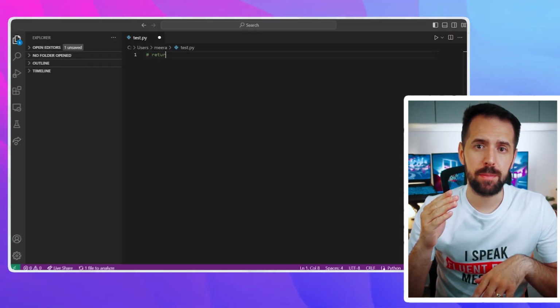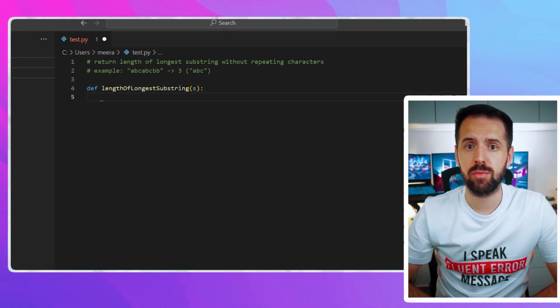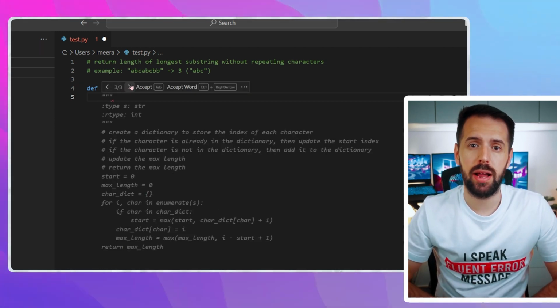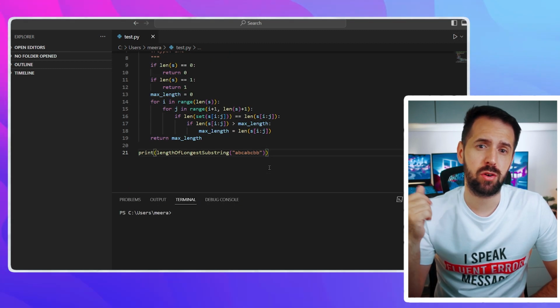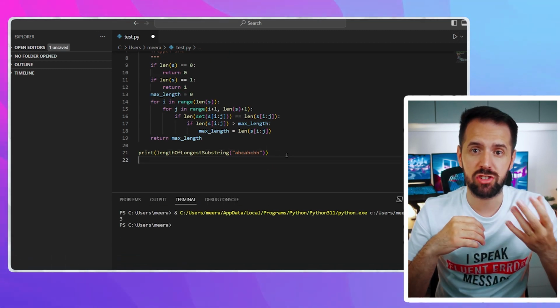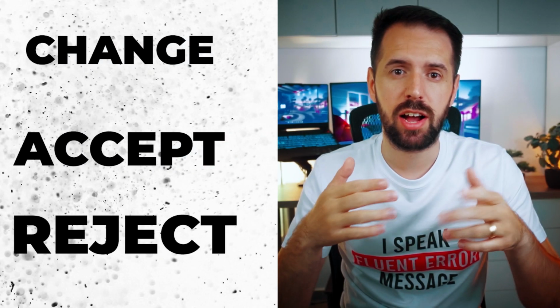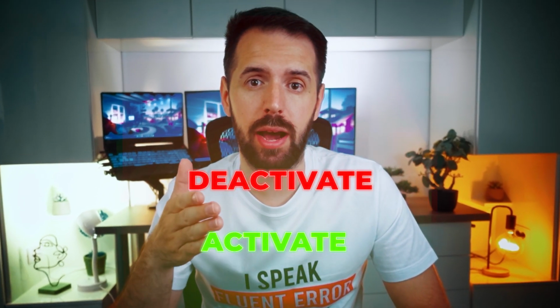We're going to start with a blank Python file. If you start typing, you can see that Copilot immediately makes suggestions as shown by the grayed out text. To accept the suggestion, just press Tab and Copilot will automatically apply the suggestions, whether that be comments or code. To see the alternative suggestions, just hover over the gray text and a bar will show. You can change, accept, and reject the suggestions either manually or with the keyboard shortcut. To activate or deactivate Copilot, simply click on the icon in the bottom right.